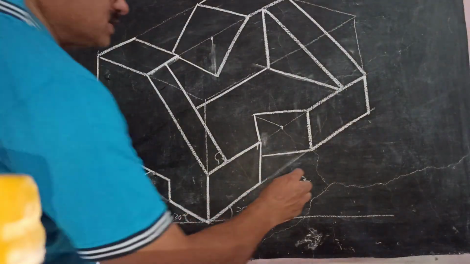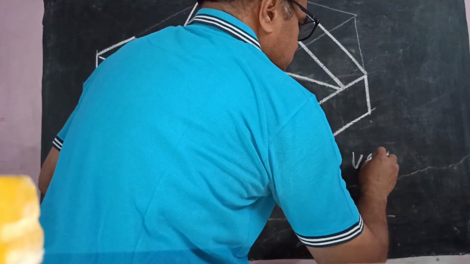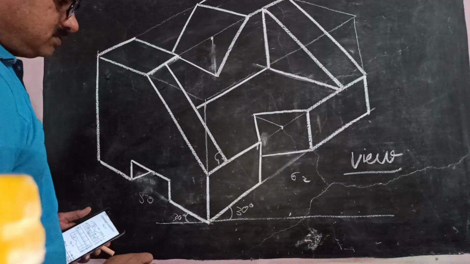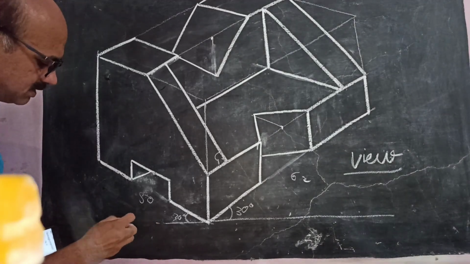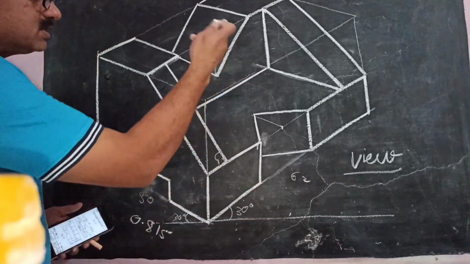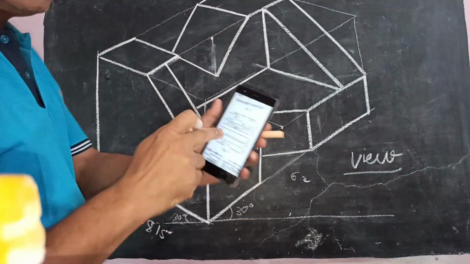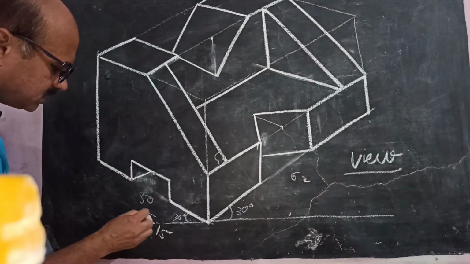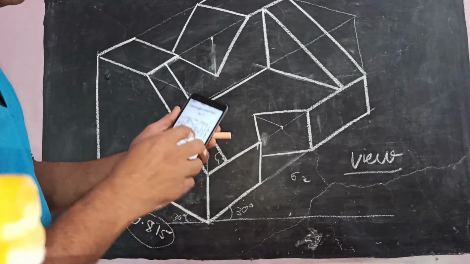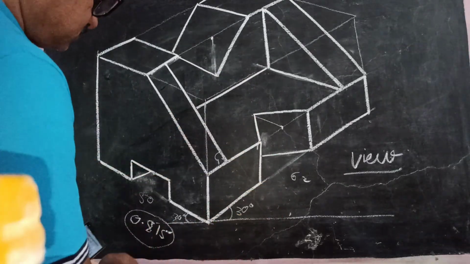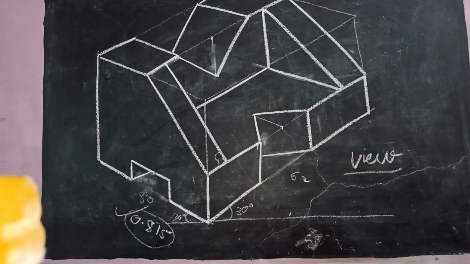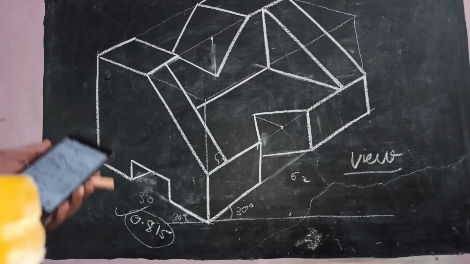We call it the isometric view, because if we want to draw the projection, then this 50 is to be multiplied by 0.815, this 62 is to be multiplied, all these dimensions mentioned in this diagram are to be multiplied by 0.815. So naturally the projection will be smaller than the view, because in the view we take the dimensions as they are, in projection we multiply by 0.815. So this is the diagram obtained after the isometric projection.